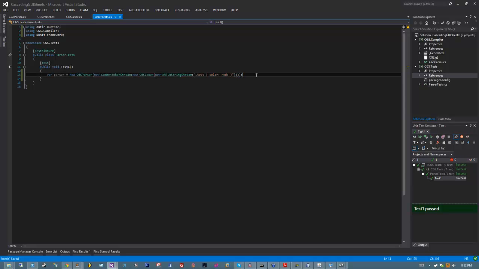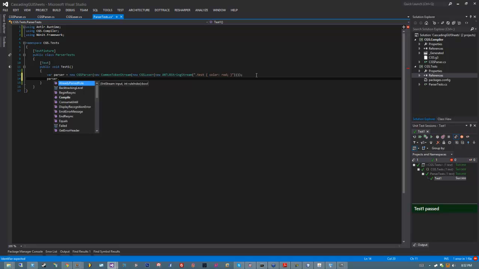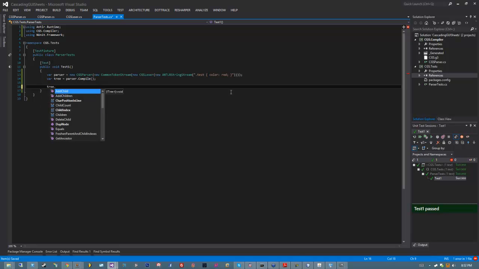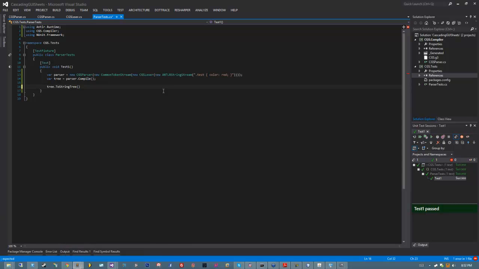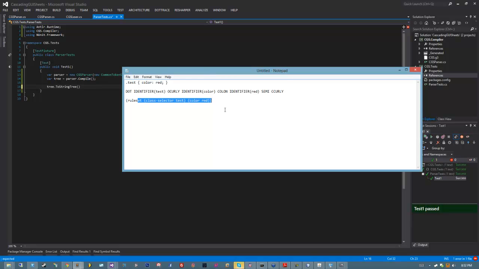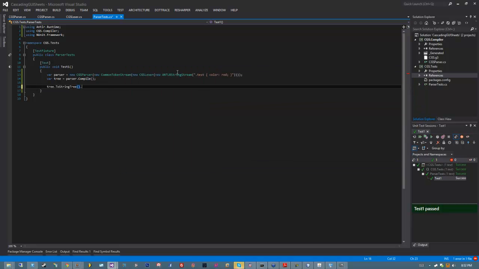But anyway, now that I've instantiated my parser, the great thing about it is that I now have a Compile method. So I can say var tree equals parser.Compile. Then I want my tree ToStringTree. ToStringTree will return a string that looks like this. So what I want to do is I want ToStringTree to say should